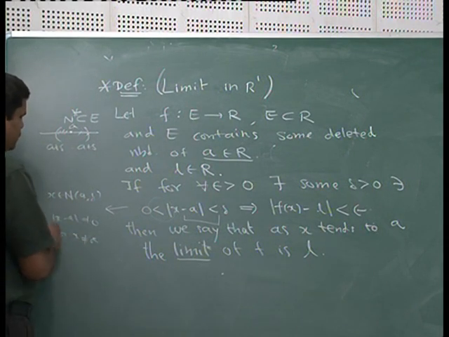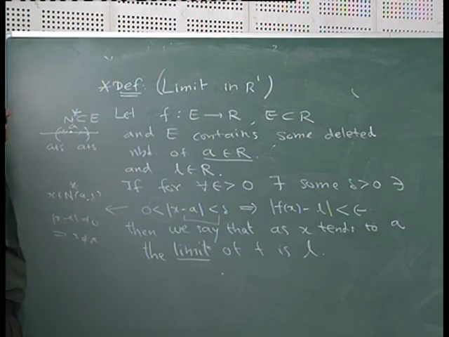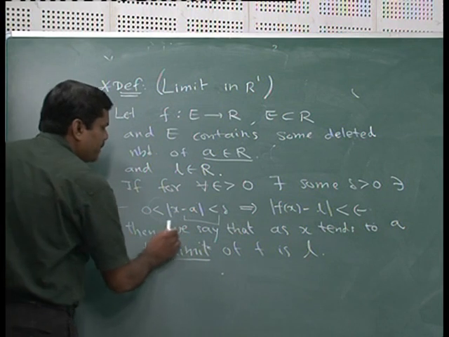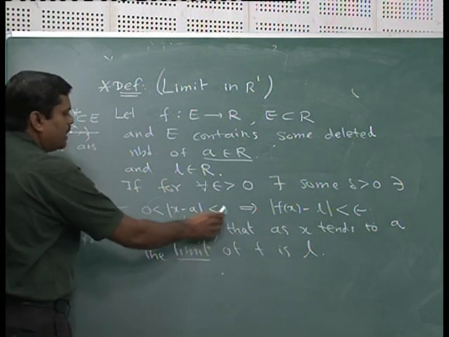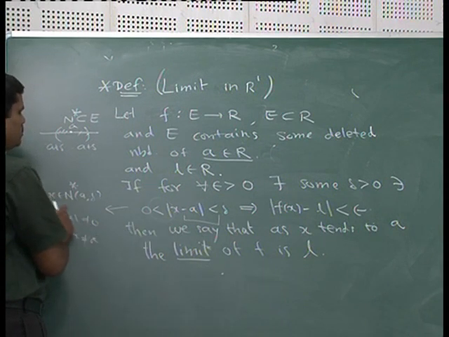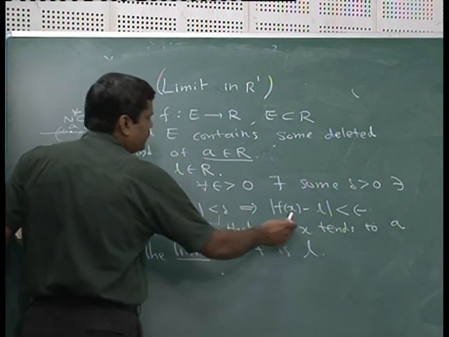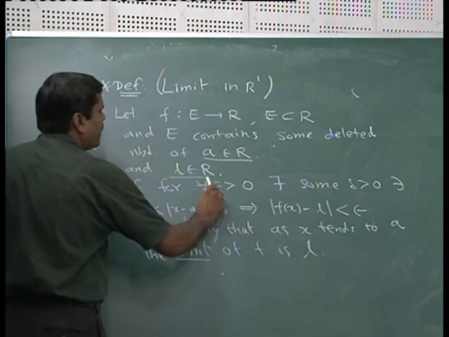So, this indicates you can take any x belongs to N(a, delta), but not a. So, that means x belongs to N star(a, delta). So, this whole condition says that for any x in the deleted neighborhood of a, we must have the difference between f(x) and this given number L